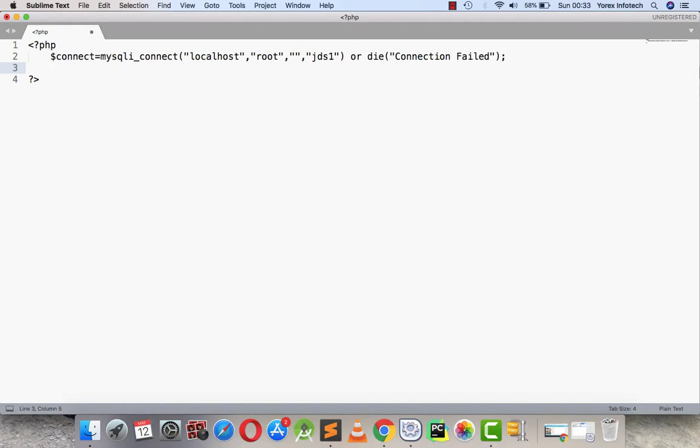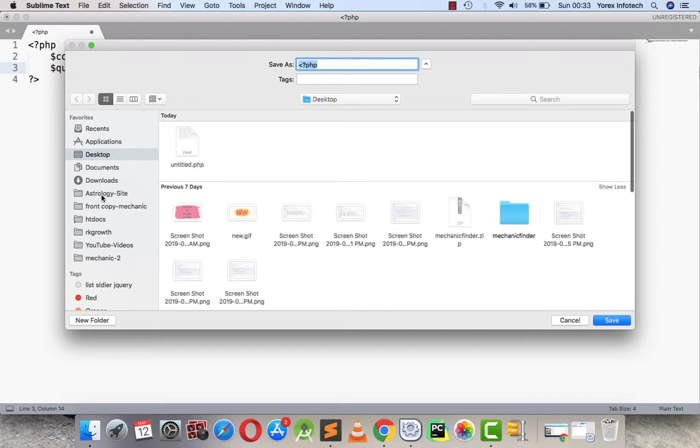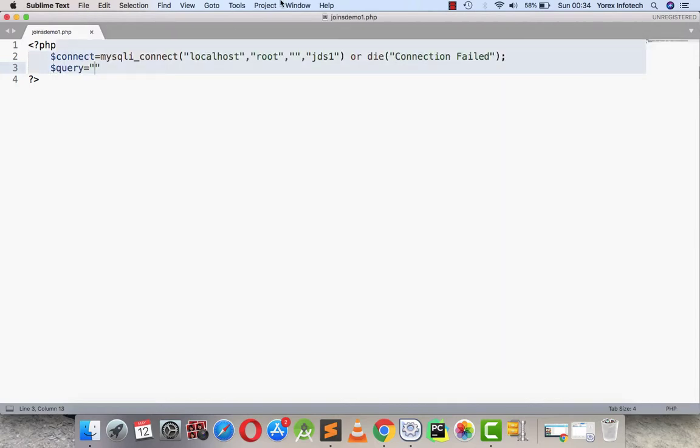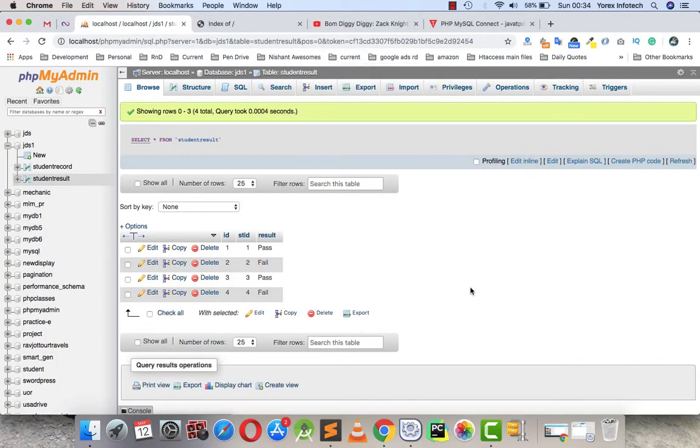So now I'm implementing the query. Let it be in this htdocs, and we can have joins demo1.php. Okay, so what I need here is I will be referring to both the tables, like it's select